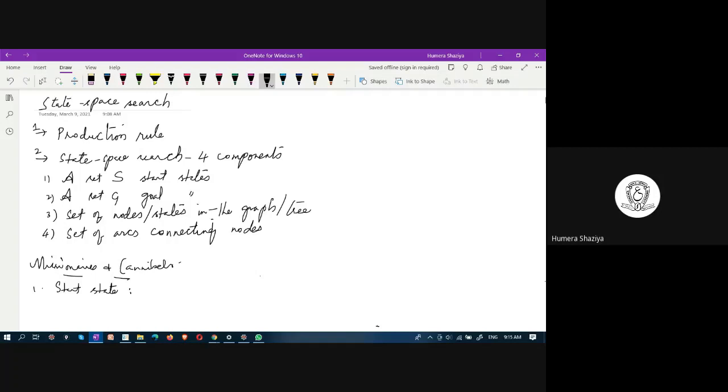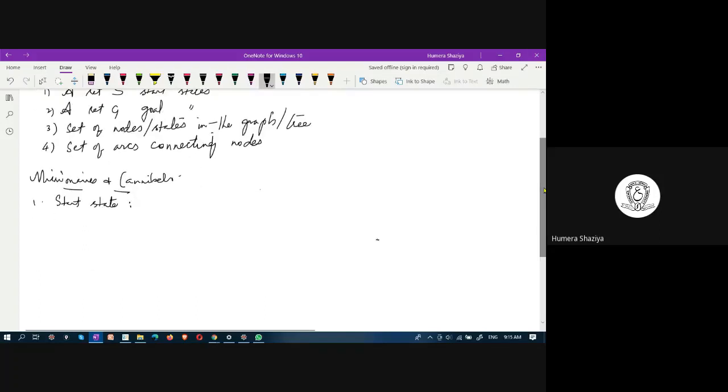There is a set of nodes or states in the graph or tree representing the state in the problem solving process. Finally, we have a set of arcs that connect the nodes. Nodes are connected by a set of arcs.